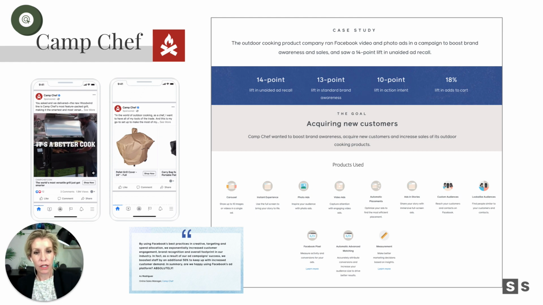But if they're also trying to raise awareness and acquire new customers, then they're probably going to be using some cold audiences too. And sometimes what you might find is you map out these audiences and then you're like, okay, well, I've got my cold, warm, and hot funnel-based audience journey built. And then I'm going to have my cold, warm, hot ads, which is what we're going to teach you in this class. But also you might come down to and be like, you know what? These video ads or these video assets are so sick, as in awesome, that I want to show them to every single one of these audiences. And that might totally work.